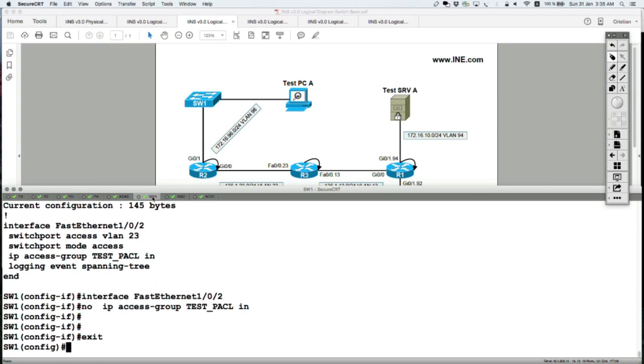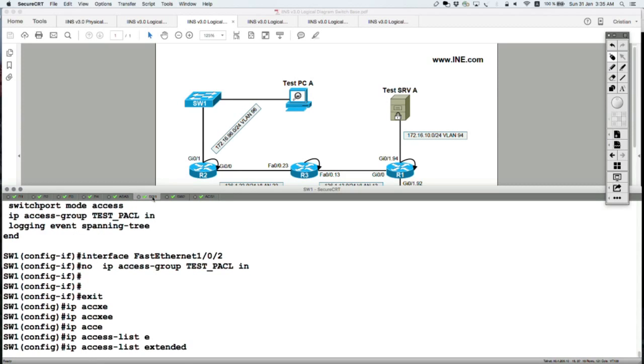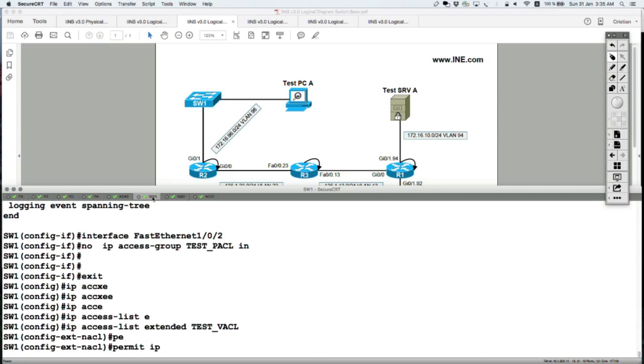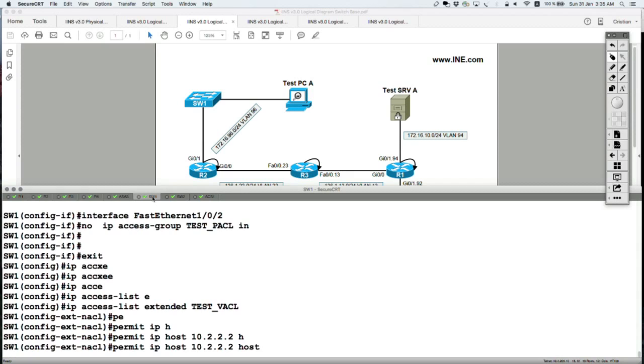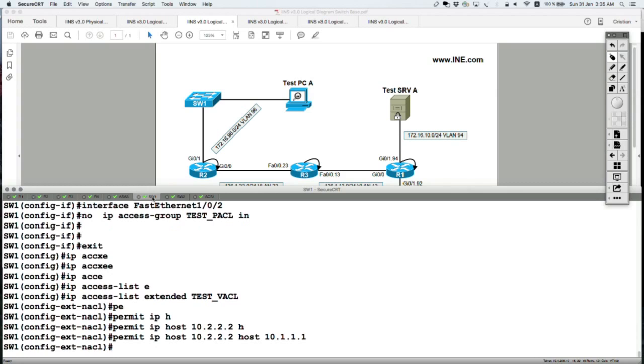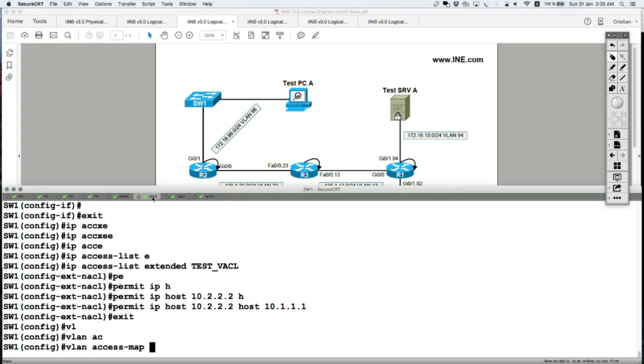So now let's go on switch 1 and configure the access lists. I'm going to use IP access-list extended, named VACL-test. And I'm going to say permit IP host 10.2.2.2 to host 10.1.1.1. So define the traffic you need to match on with a permit statement. And then you say vlan access-map, give it a name, VLAN 23 filter, let's say,